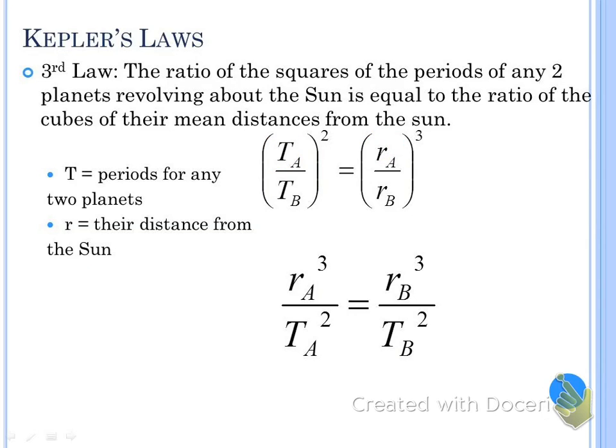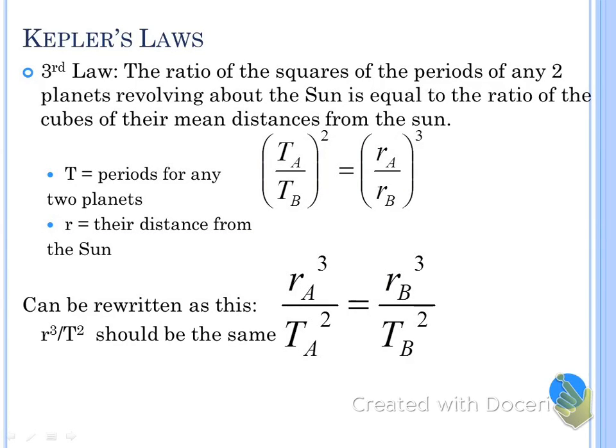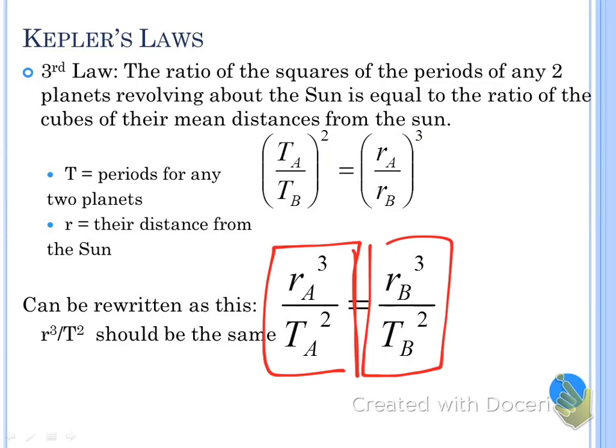When we're looking at these equations, we can rearrange the equation to let us evaluate basically one planet or another. Here all we're doing is rearranging this equation, doing some algebra, so that we have all of planet A on one side and all of planet B on the other side. These two equations are equal to each other. They mean the same thing, they help us solve for the same thing, but we can rearrange them to look at all of planet A's characteristics should be equal to all of